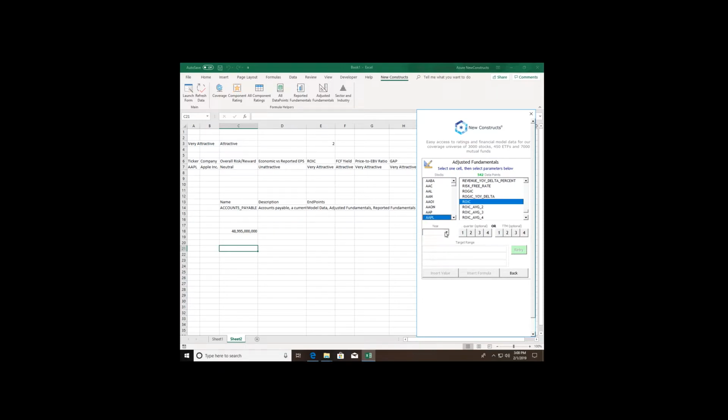Using Apple as an example again, if I want to see their 2018 ROIC, simply select that, and the formula helper returns it right away. However, since everything is formula driven, once I'm comfortable with the add-in and have an idea of how the formulas and functions work, I could get the same result by simply typing in NC adjusted fundamentals, specify my ticker, the data point I want, in this case ROIC,